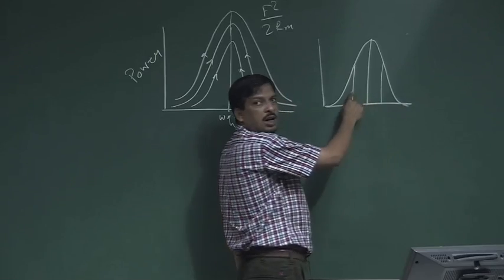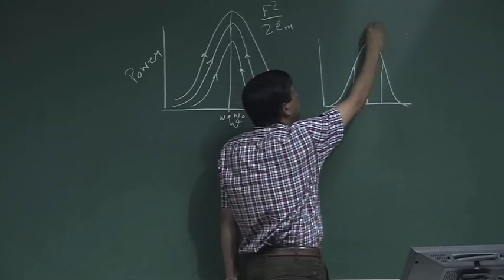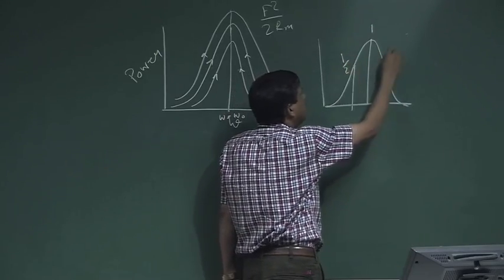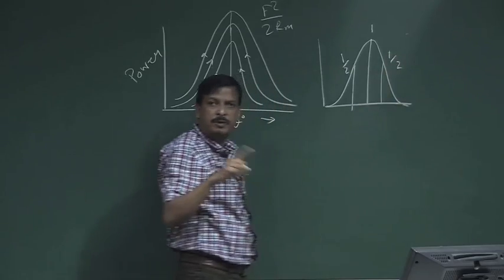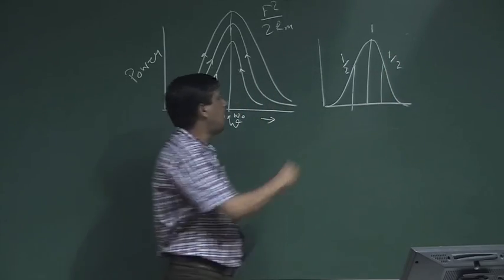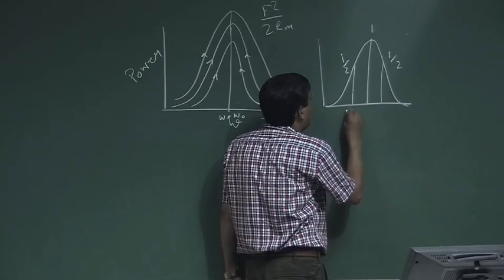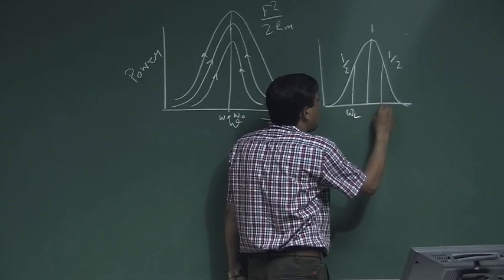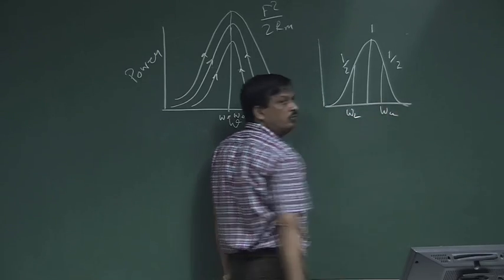If this power is 1, this will be half, which in dB is 3 dB down. So, let the lower half power frequency be omega L and the upper half power frequency be omega U,